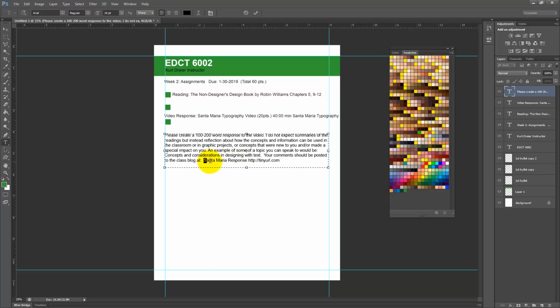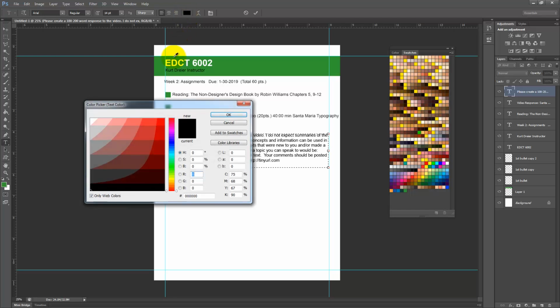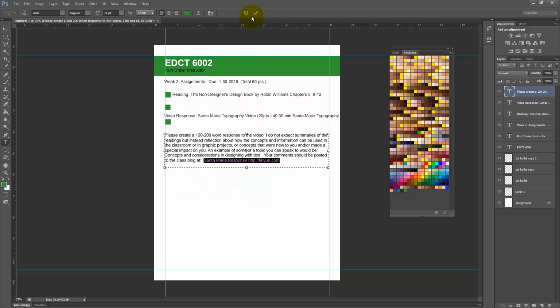I can still select just a portion of that text, and if I really wanted to, I could make it that green as well. So I click up here because I want to change the text color, and instead of going here and finding that color, all I have to do is go back into my swatches, click on that green swatch, and then hit OK. And now it's clear that that's something different, and it kind of clues in the reader that, hey, that is something different. Maybe it's a